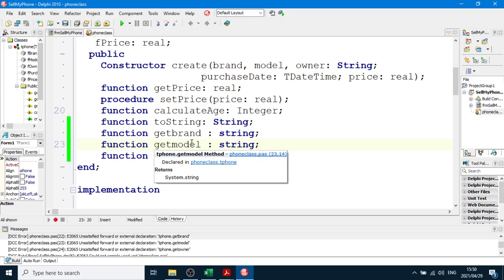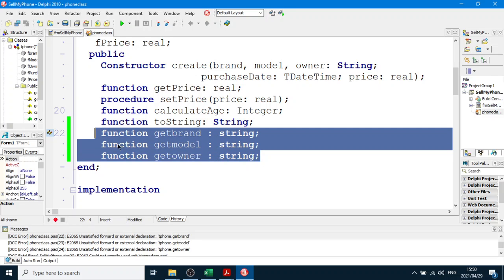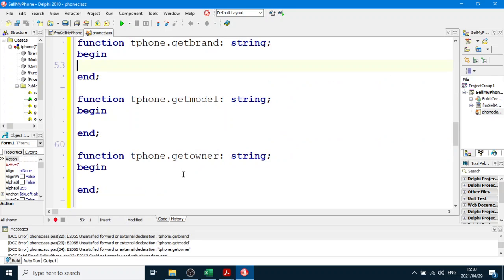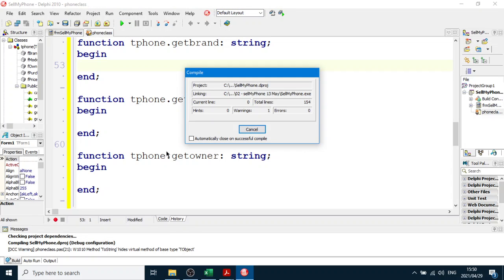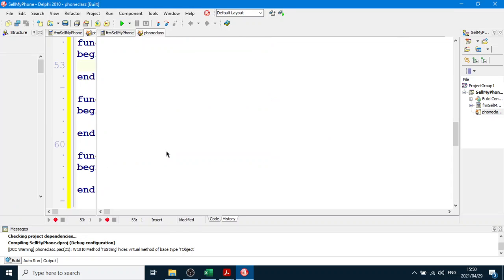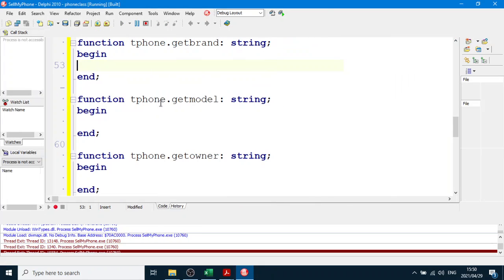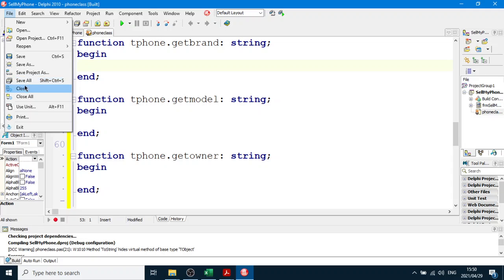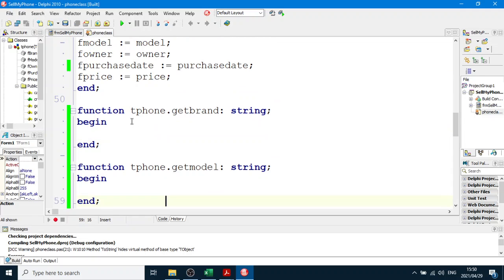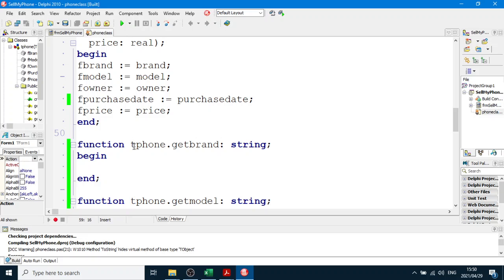Now over here, get brand. That's because we have not implemented yet, so let's highlight it, Control-Shift-C. Now it's going to be fine. Now we run our program, we'll see that it will run. Okay, so file save all. It'll save the class and the main program. Remember the main program class, main program. Right, now we've got to